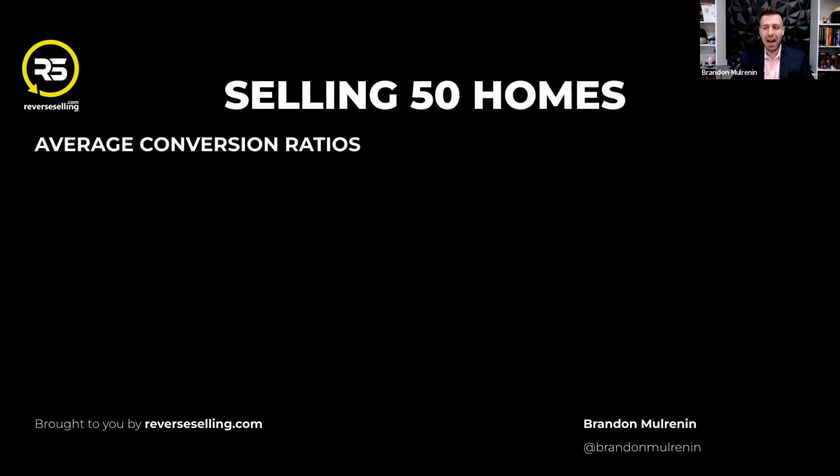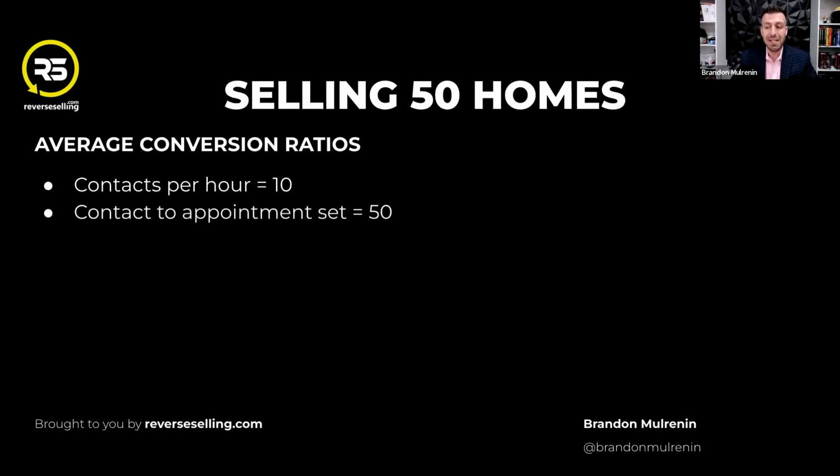So let me give you the average conversion ratios based on the niches we just talked about. Contacts per hour you should be able to make is 10 if you're on some type of dialer like Mojo or Vulcan 7 or RedX, something like that. Contacts to appointments set on average, you might be a badass and you might be better than this, but on average it's 50. Appointments set to met. So how many appointments do you need to set that actually come to fruition? That average is 70%. You set 10 appointments, you only go on 7. 3 people will probably want to cancel the appointment, or you may want to cancel on them.